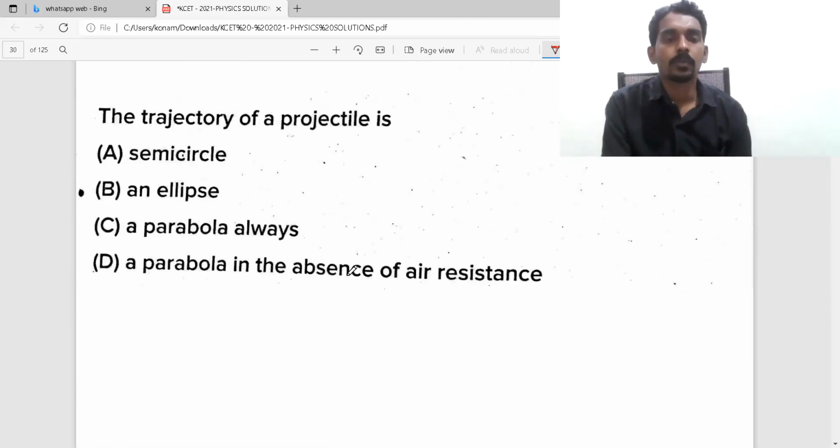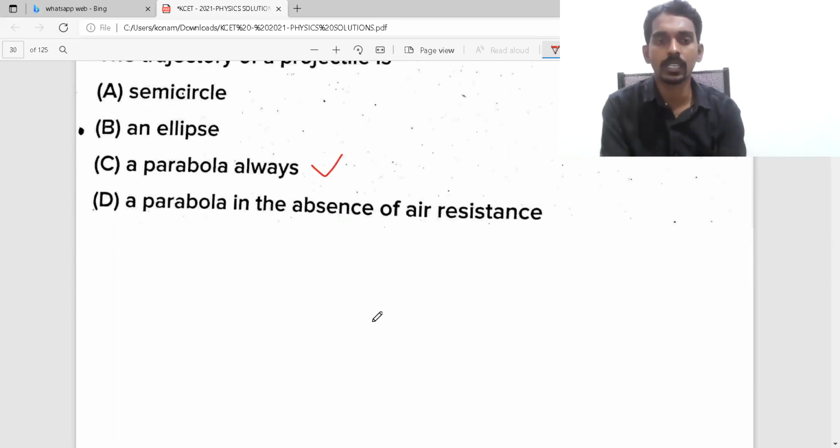The trajectory of a projectile is always what? Parabolic path. That is what you have studied. That is what the equation you derived. Even in the presence of